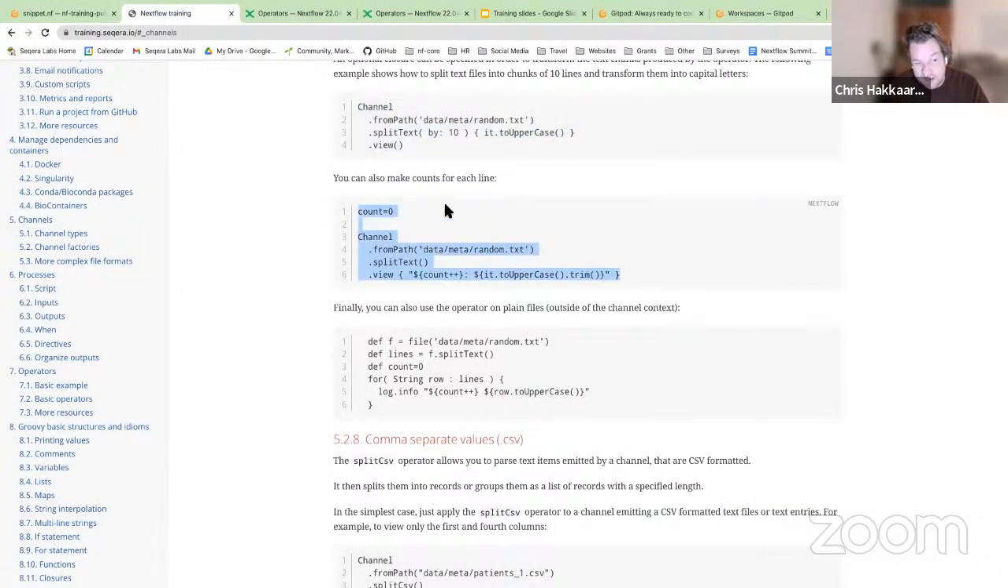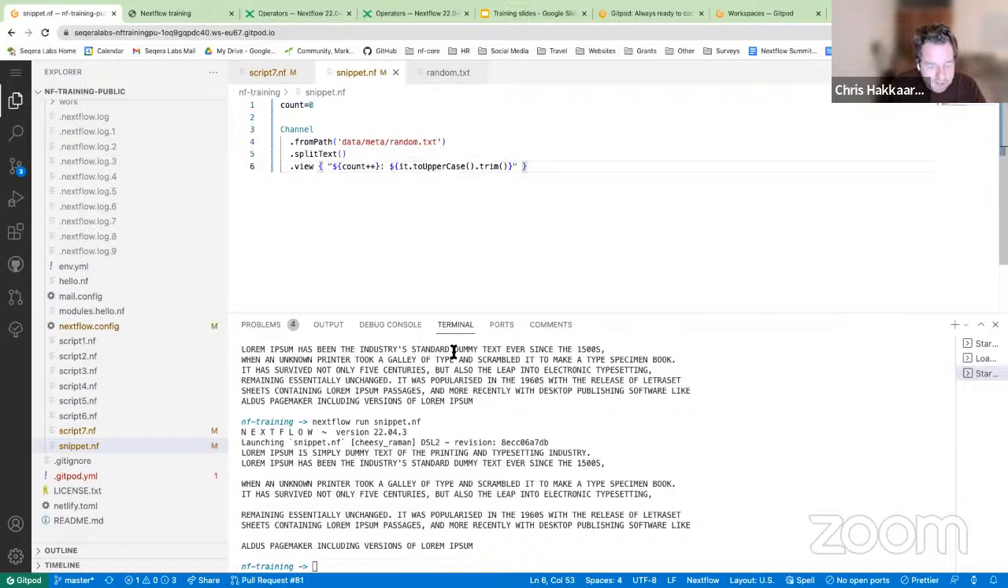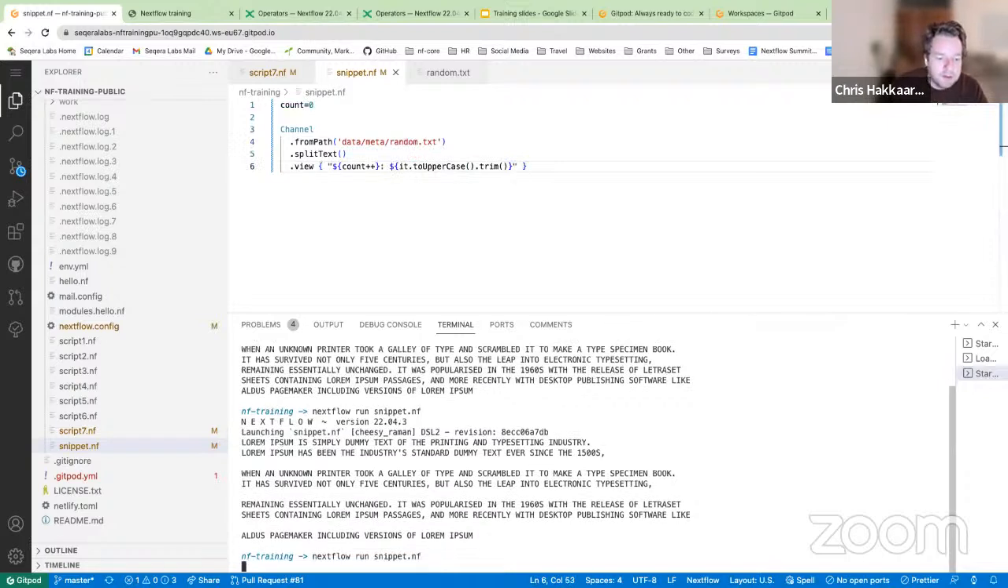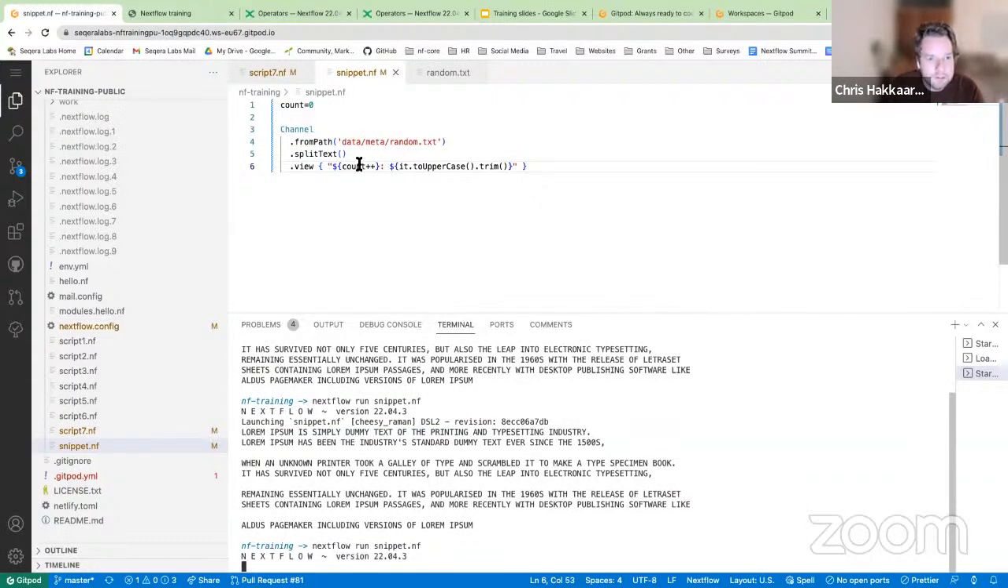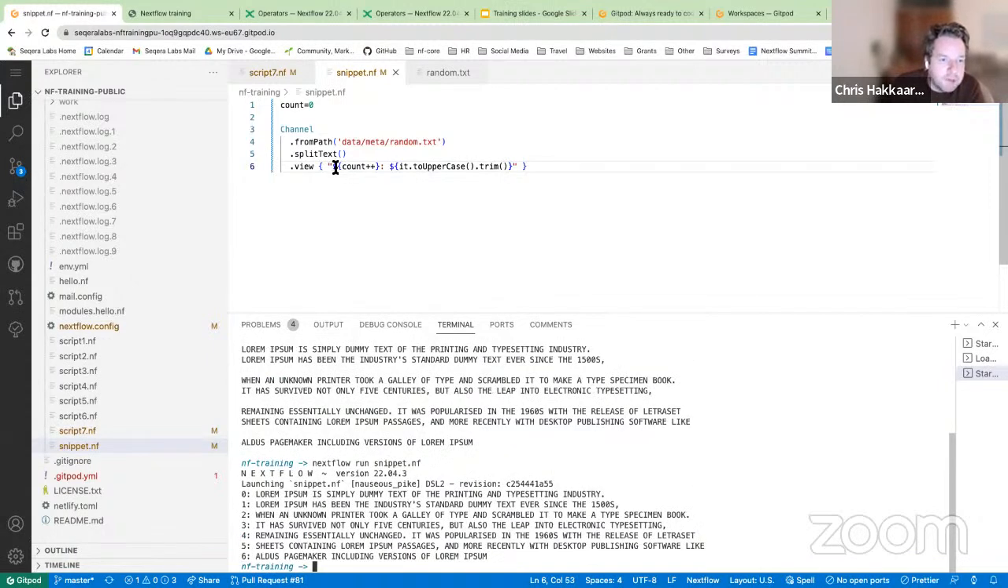You can also make counts or something else like that for each line. So say you wanted to count what you're doing or ascribe a number to each as you're working up. So here you can use this count ++, which is a little bit more codey, I guess, than some of you might be familiar with. But again, we're using this kind of